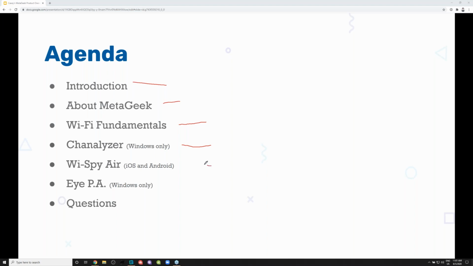I'll talk a little bit about Wi-Fi Air, which is a fairly new product of MetaGeek, and this one is kind of the same thing as Chanalyzer, the same jobs to be done, but the benefit here is that it works on an iOS or Android device, works on your mobile device. And I'll go ahead and demo that after this presentation as well,